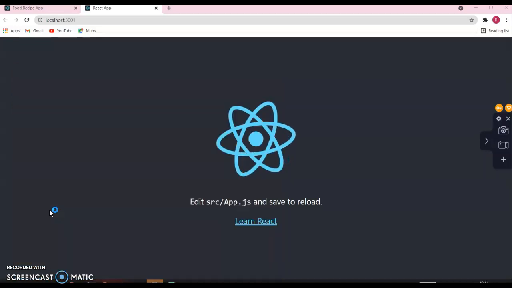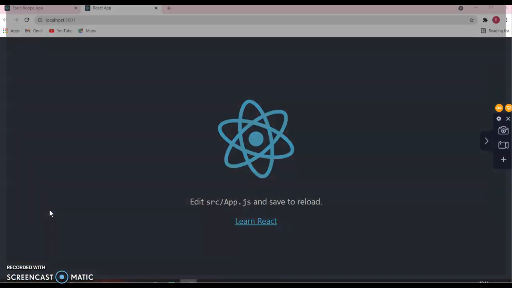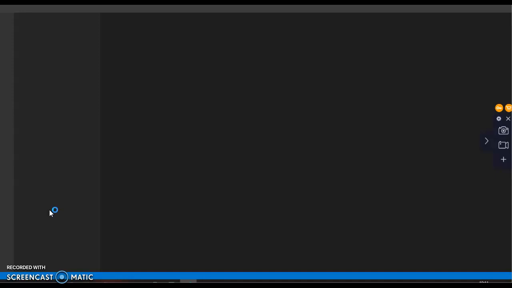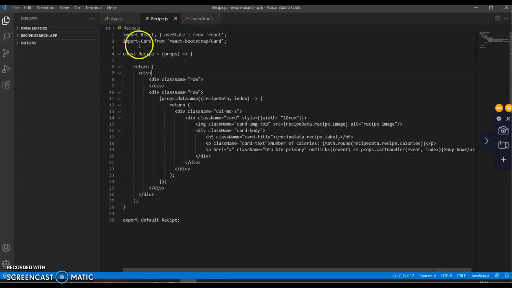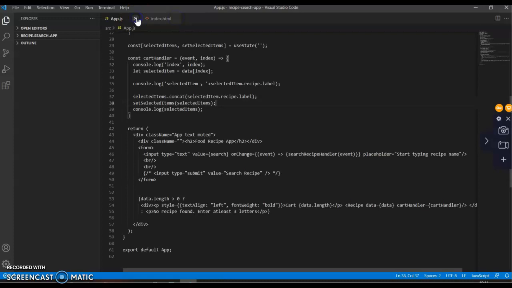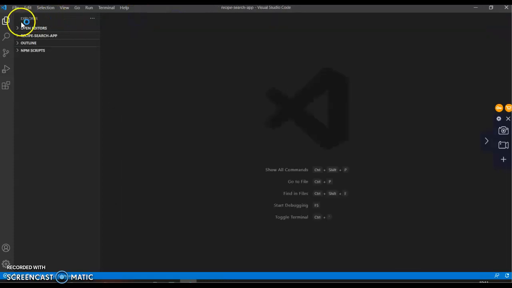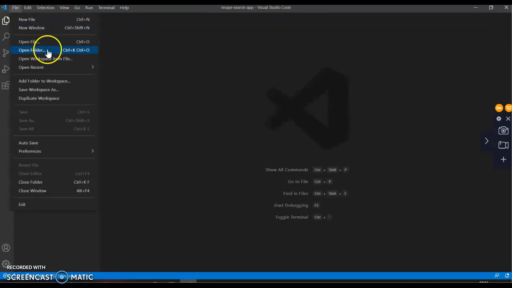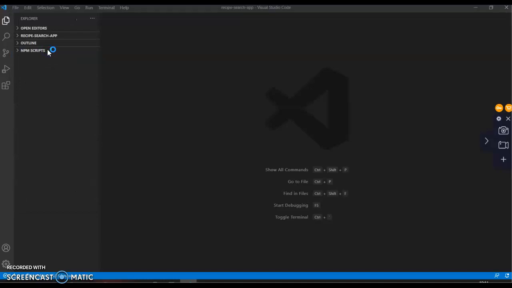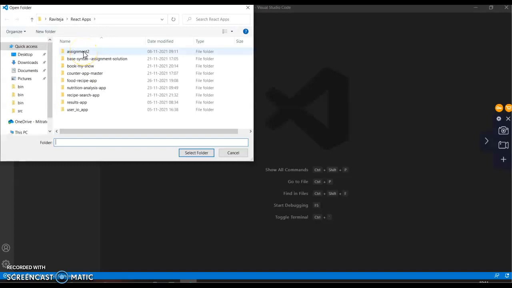Let me open Visual Studio Code, and let's open the folder that was created just now, food recipe app, select folder.